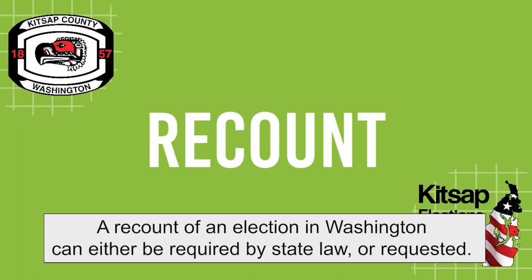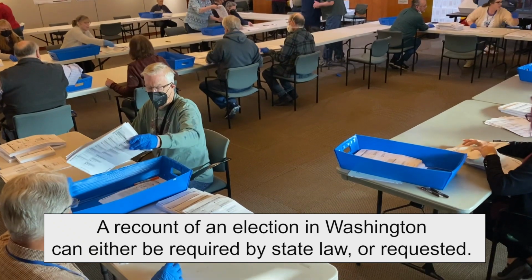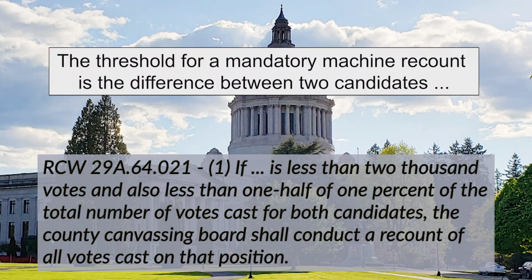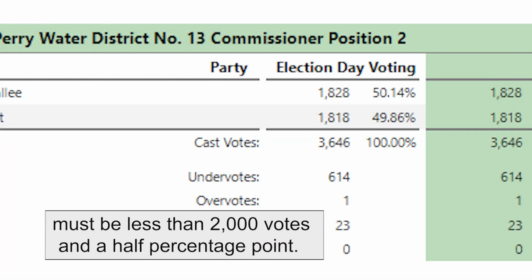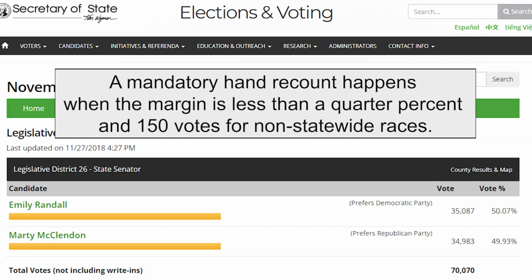A recount of an election in Washington can either be required by state law or requested. The threshold for a mandatory machine recount is the difference between two candidates must be less than 2,000 votes and a half percentage point. A mandatory hand recount happens when the margin is less than 0.25% and 150 votes for